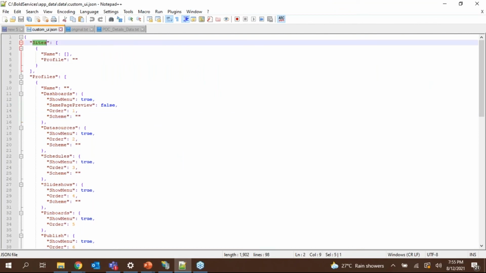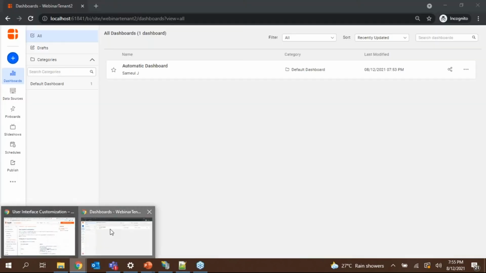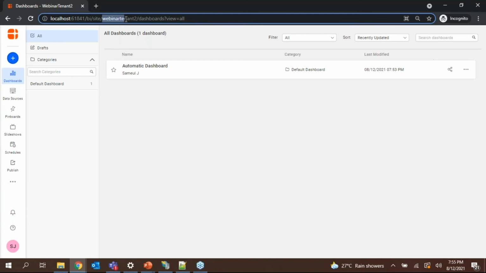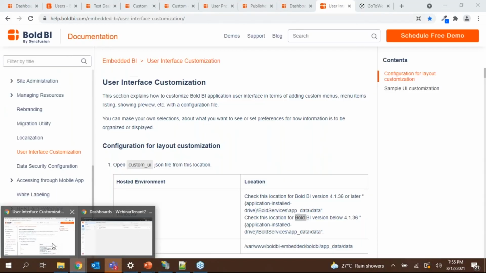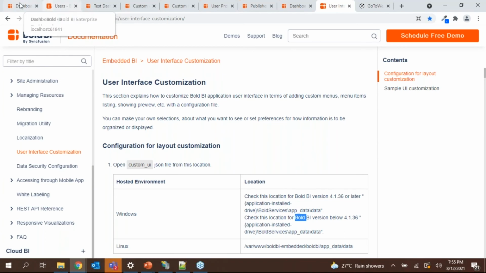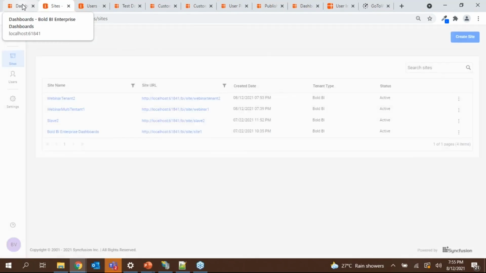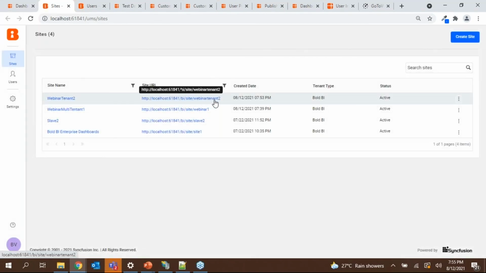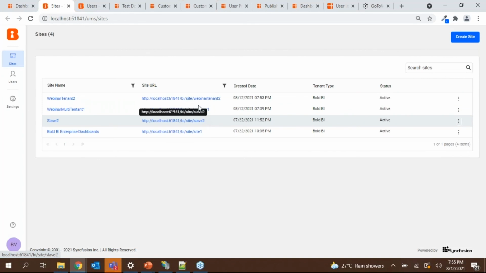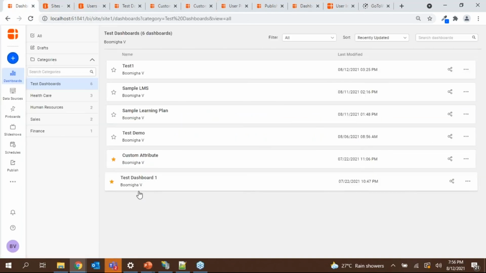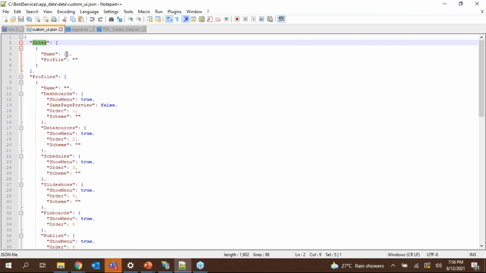First of all, it is called sites. Here you need to pass the identifier. While you're registering, you have used some identifier name. So this was the identifier, or else you can find it under the sites option. Let me show you that too. While you're registering, you will provide some site identifier. This will be used to make changes to the customizations. Now let me provide some value here,